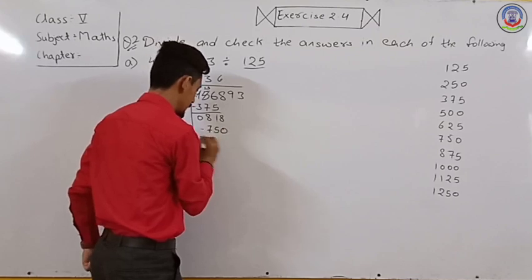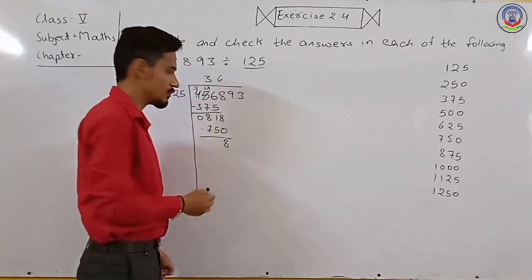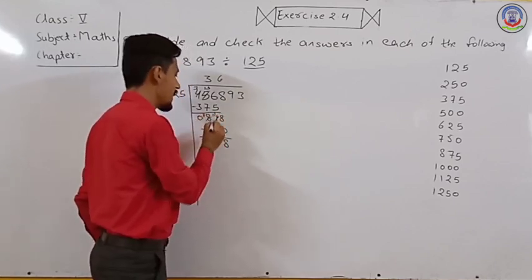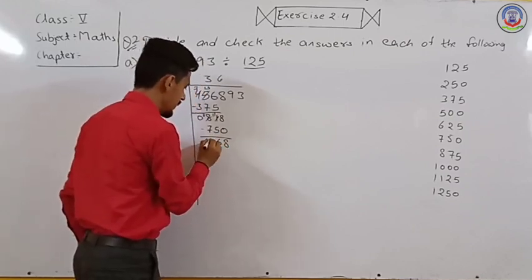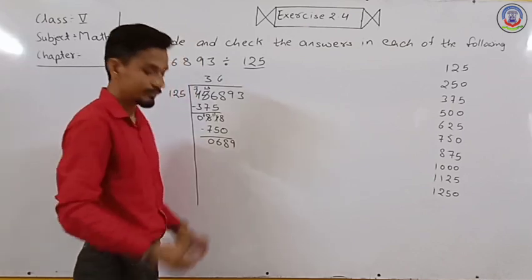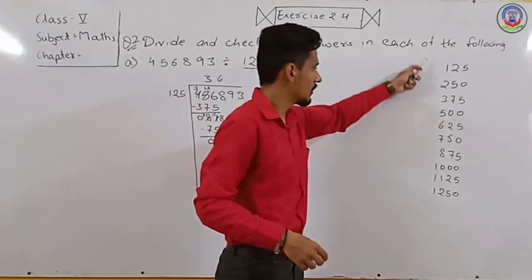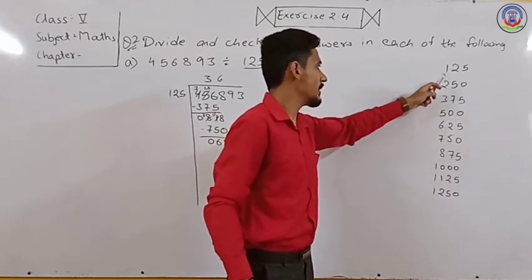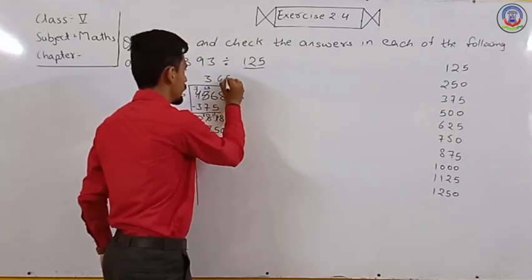750. 8 subtract 0 is 8. 1 subtract 5 is not possible. So we borrow 11 and this becomes 7. 11 subtract 5 is 6 and 7 subtract 7 is 0. Next we have 9. So we write here 9. Now our number is 689. So we check. Here it is 625. So how many times? 1, 2, 3, 4, 5. 5 times